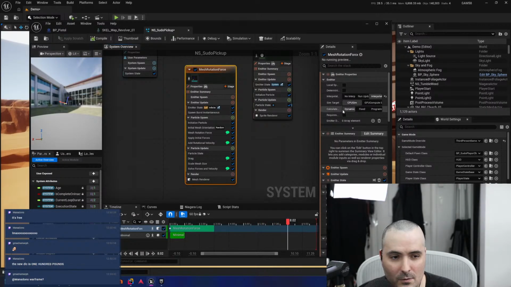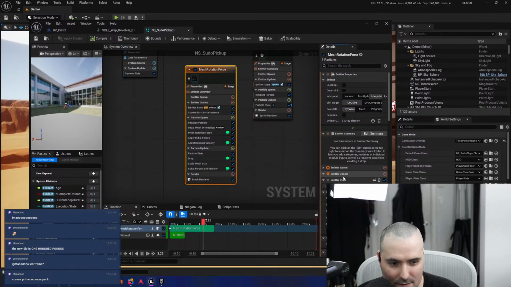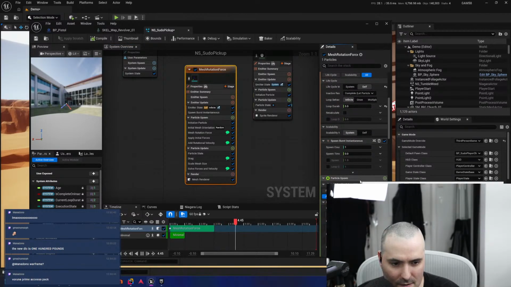That is not at all what I want, but this is also what I want. So now I got to find the mesh.